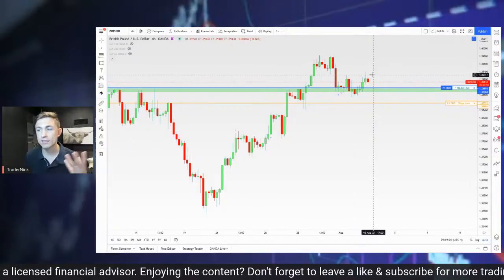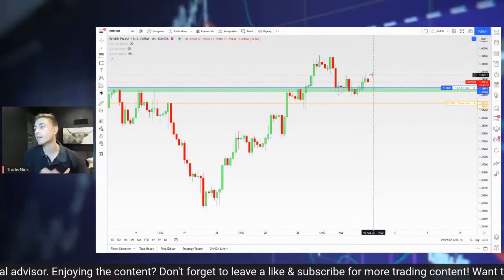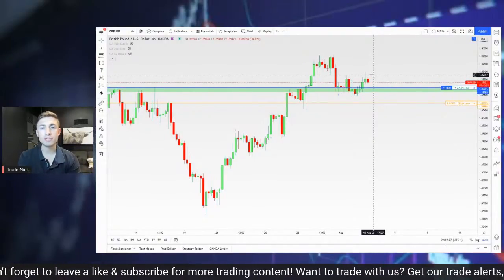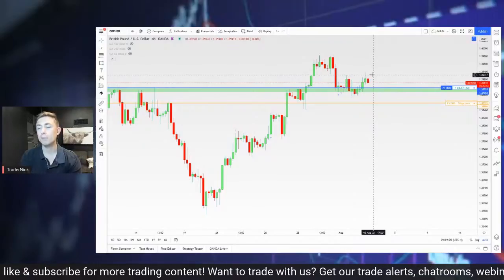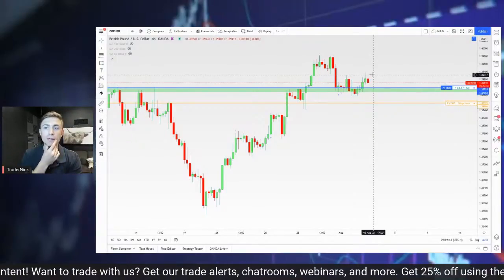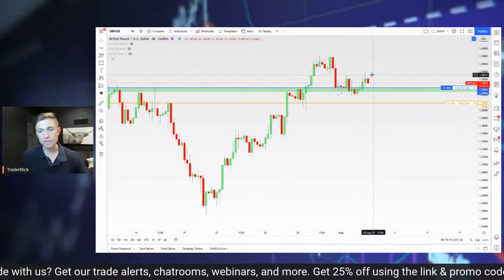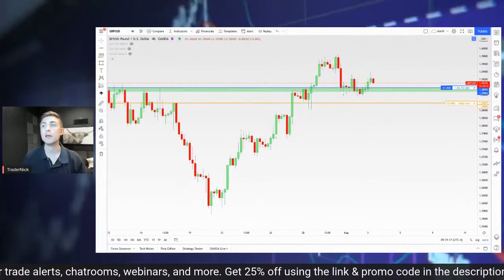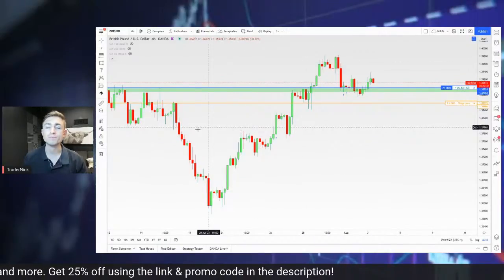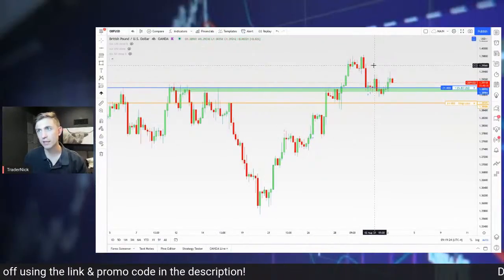For me, swing trades can take 1 day, they can take 5 days, they can take 10 days. So in a week, I might only take 1 or 2 trades. But those are trades that I really do my homework on. And with every trade I take, I try to take the best trades that I possibly can. So that's the pound dollar. I do like the idea of more upside there for the pound.